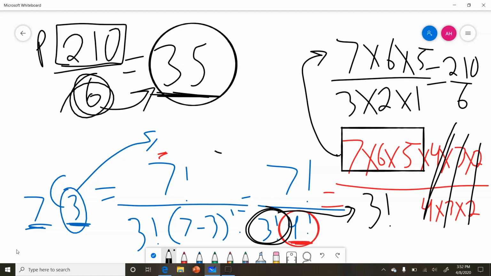35 of such groups. Okay, I'm going to do one more, and then I'm going to reteach this lesson on Tuesday morning when you go to do your homework. Okay, so let's do another example. Let's say that we have